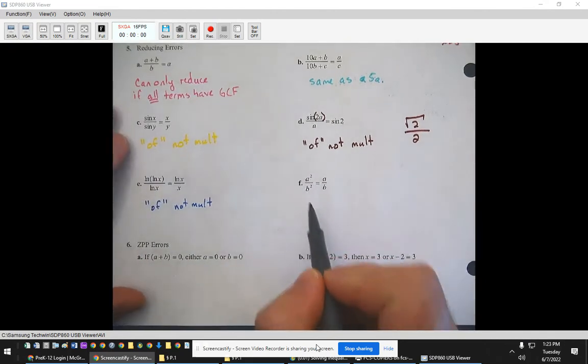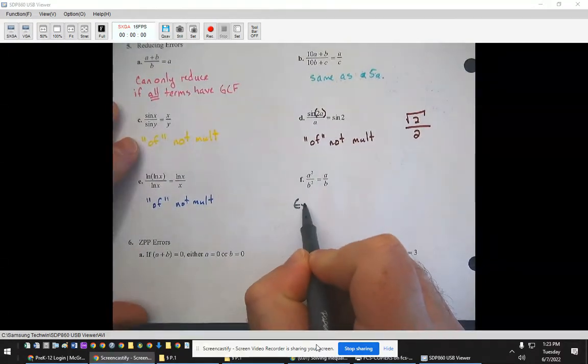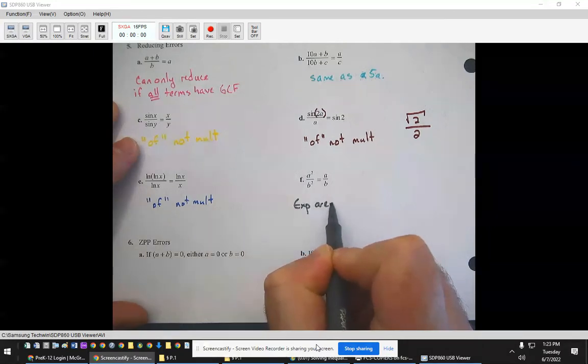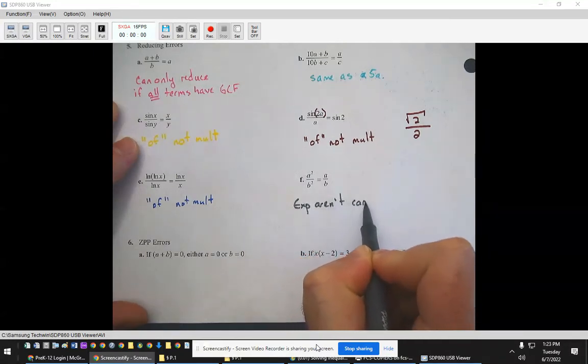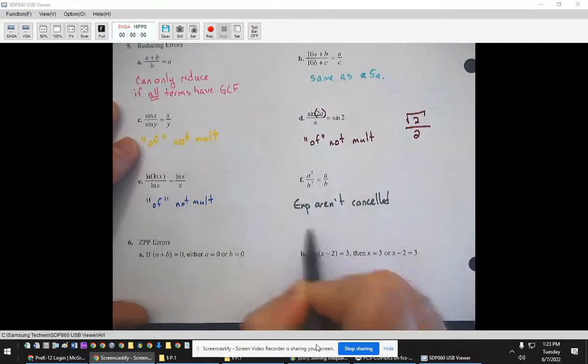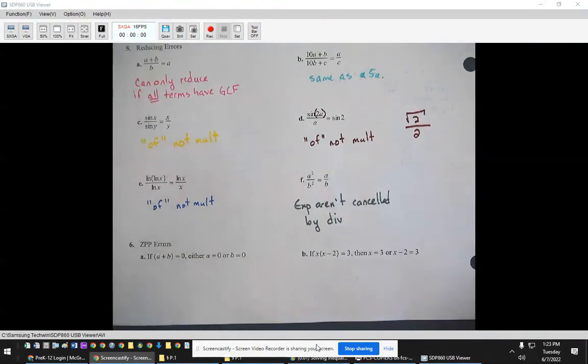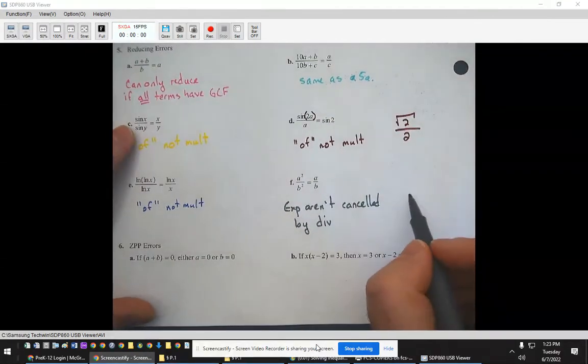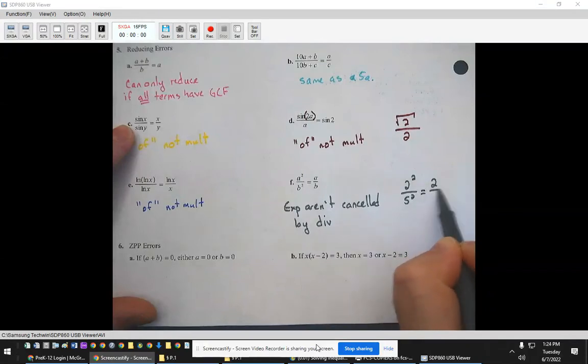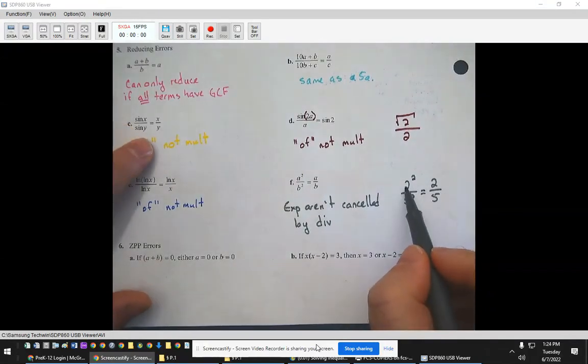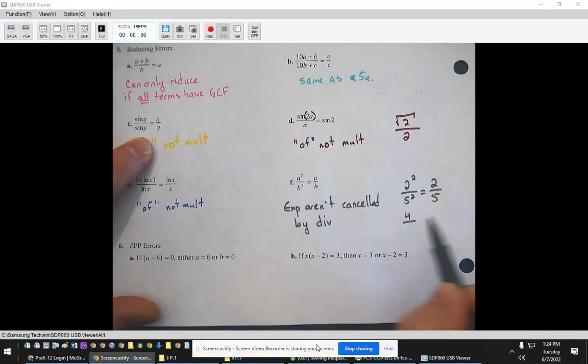Let's put some numbers in here. Exponents aren't canceled by division. Exponents are not canceled by division. So let me show you what I'm talking about here. Let's put some numbers in there. So is 2 squared over 5 squared the same as 2 over 5? No, 2 squared is 4 over,